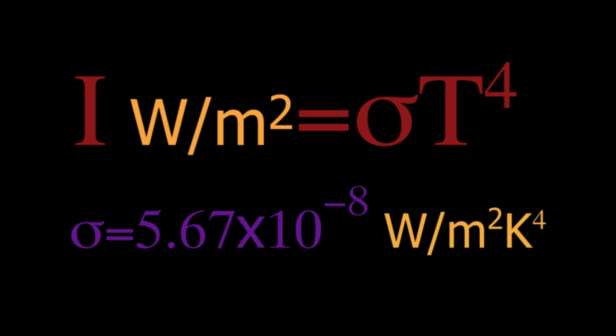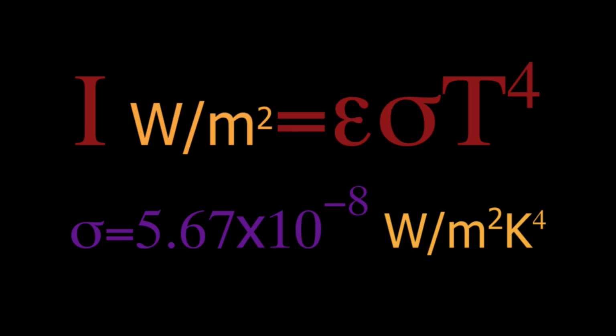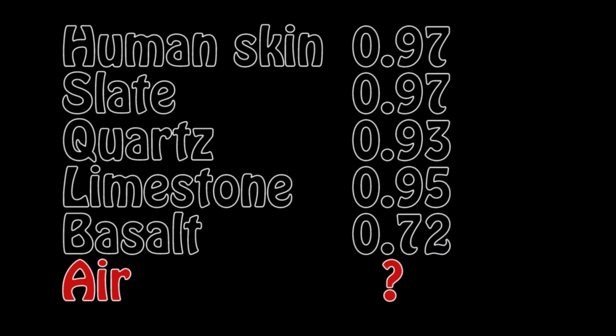We use the same equation as before, but add in epsilon, a fractional constant that varies from 0 for a perfect reflector or white body to 1 for a perfect absorber and emitter, or a black body. Since there is no such thing as a perfect black body, every object has its own value of epsilon, and we call it the emissivity of an object. Most objects have an emissivity over 0.9, but air is a bit lower,